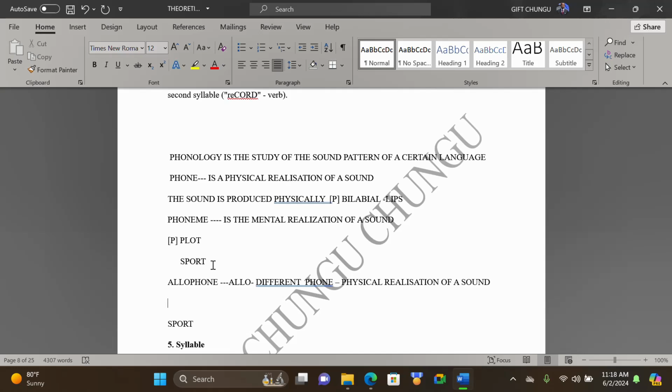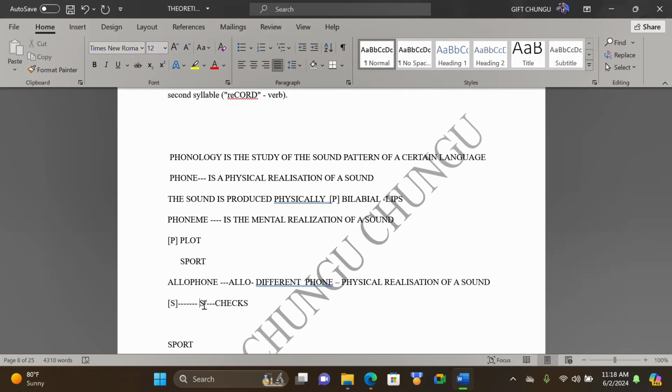Phoneme or phone. So what we are looking at is, for example, we have this phone. And this phone can be realized differently. It can be this one, for example, in this word, checks. And then this same phone can also